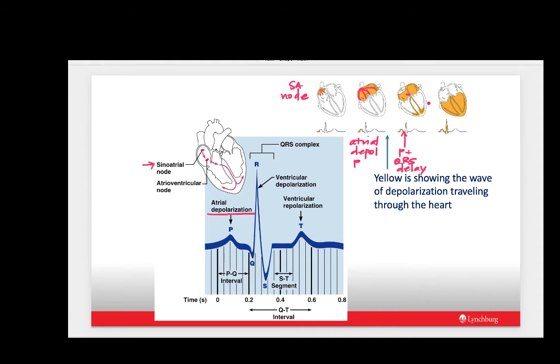Now, the impulse is going to travel through the left and right bundle branches, right? And then it's going to travel up through the walls of the ventricles through the Purkinje fibers. And in this way, we now have ventricular